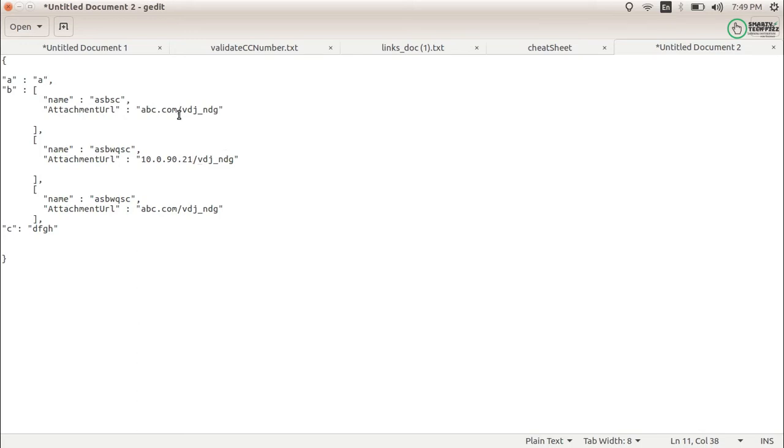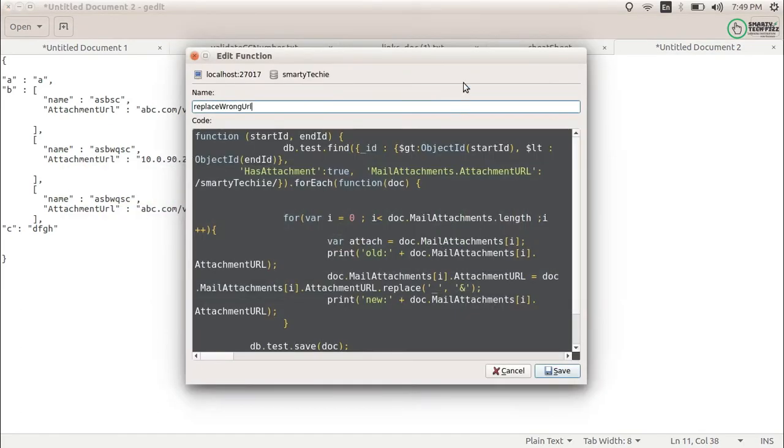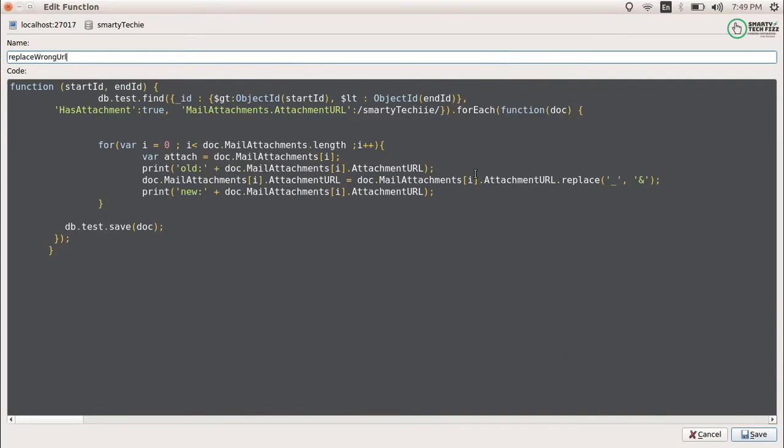For this I am not able to execute any query, because if I go deeper I need to use a regex as well. Then the replace function: we cannot replace a substring, we do not have any such function in Mongo. So for that I need to create a Mongo function. Let's see what I have created, so that you will have some broader knowledge of it.